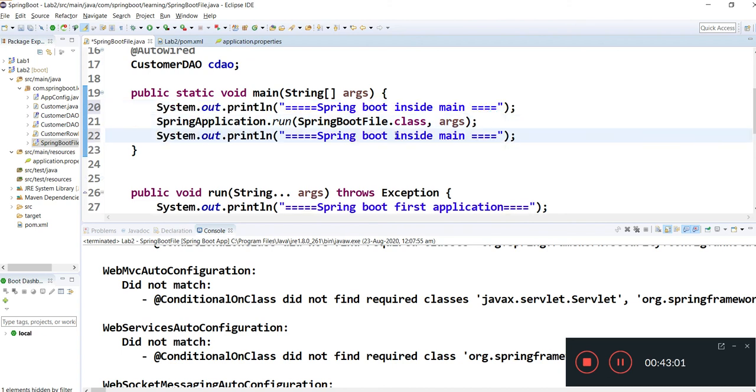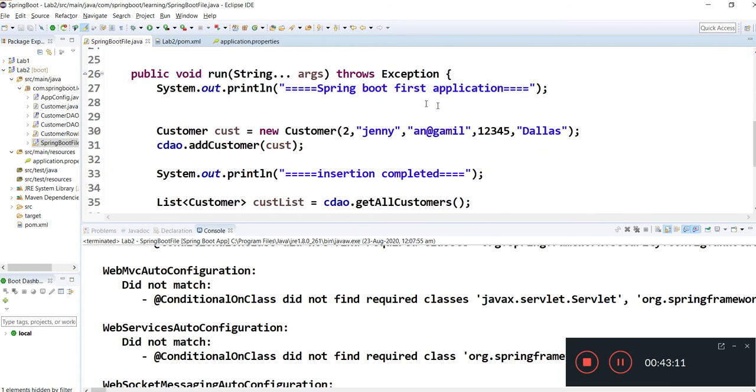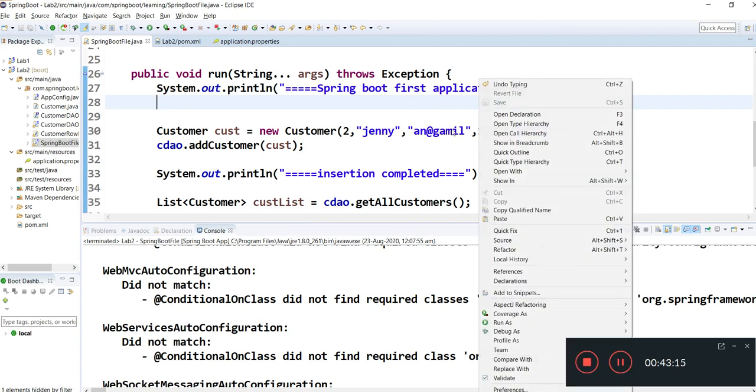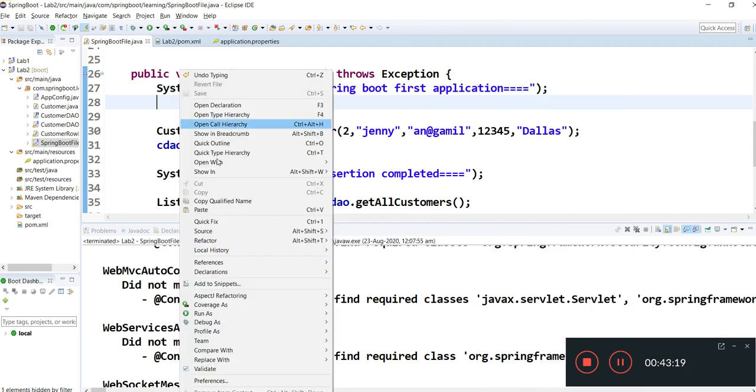Okay, now let us observe how it is working internally. Run as Spring Boot app. Just carefully watch your console, how it is working.